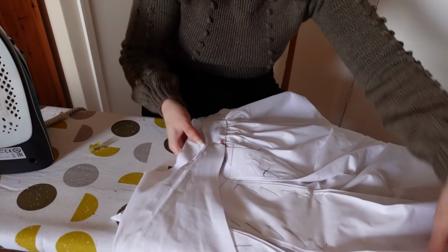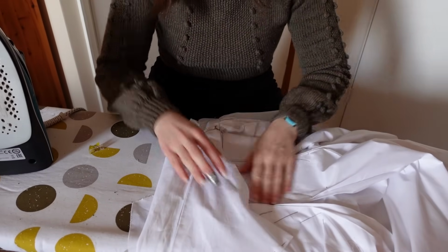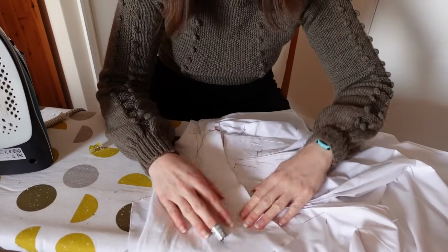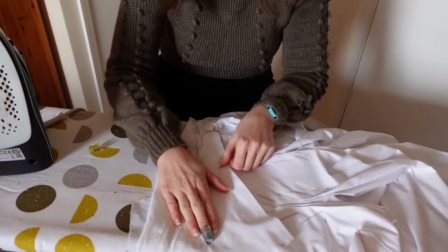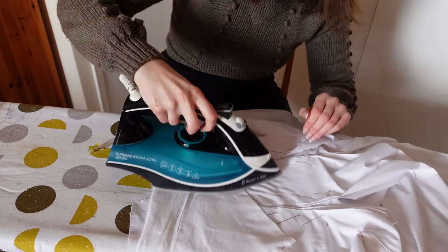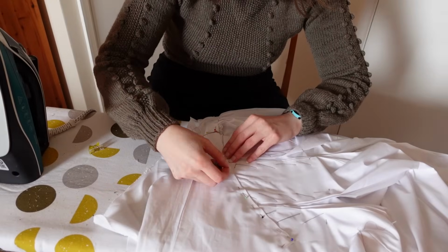For the second half of the front, I had to be careful that I kept the point of the yoke exactly at the centre front, but this diagonal edge ended up a bit longer. Maybe I stretched it, or let's face it, I just wasn't very precise with my cutting, but I ended up being able to shrink the excess out with some steam and then ease in the fullness with lots of careful